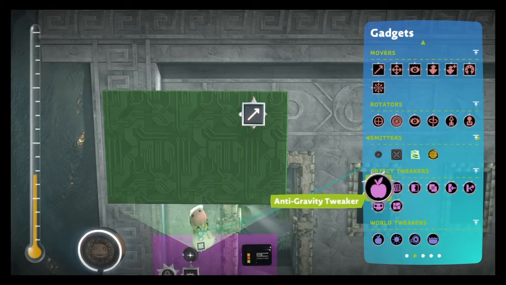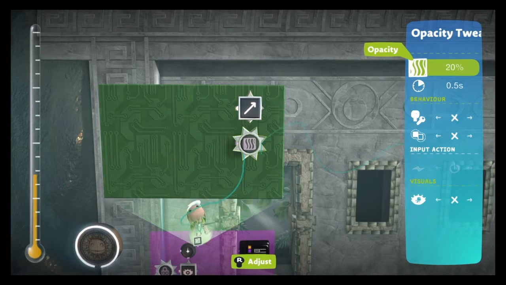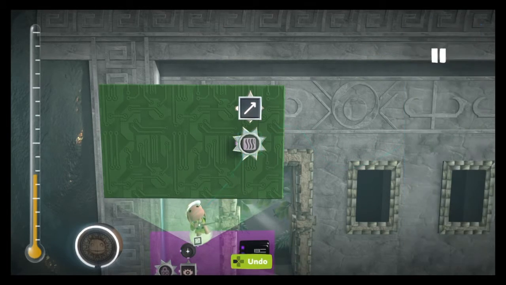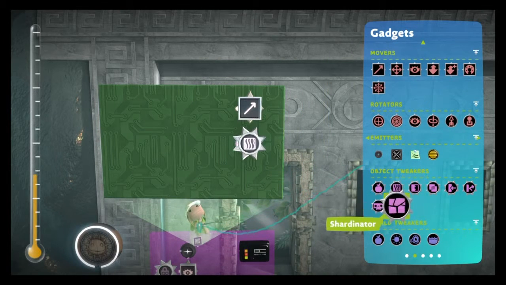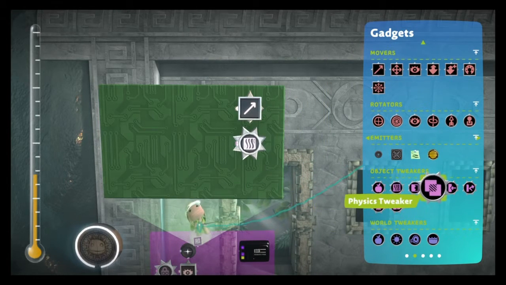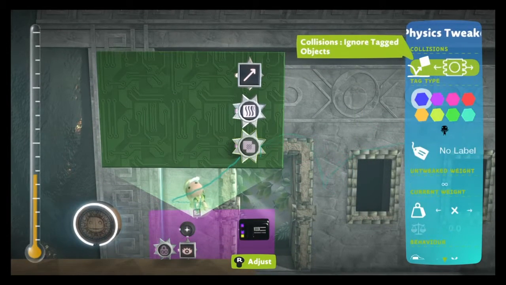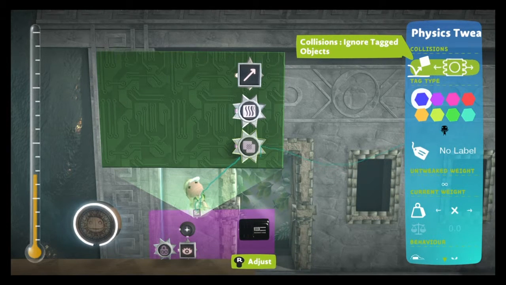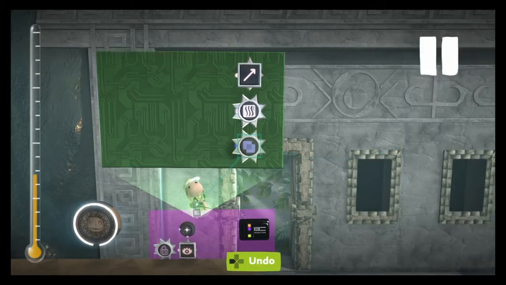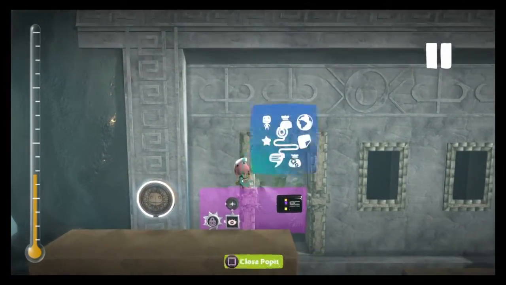But we also want to make it so it's slightly see-through, so it looks like breath. So make it about 30% opaque. Don't forget to put it down. And we also want to make it so it passes through everything. After all, it's breath. So collisions off. Or, well, you could ignore Sackboy. That might be a bit better, because then when it hits other objects,